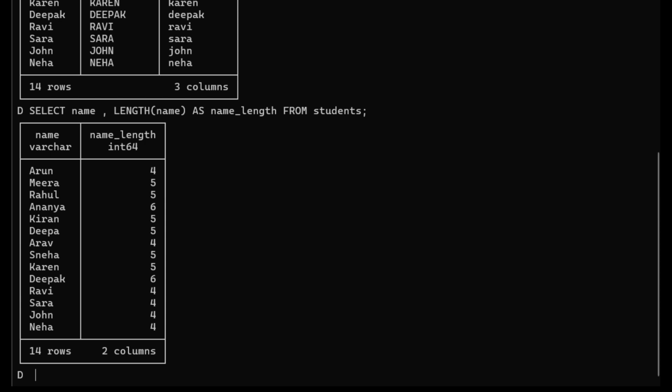Okay, so let's move to our code. As I said, we are taking the students table. From there, we are taking two columns, that are name and city. Afterwards, we are using